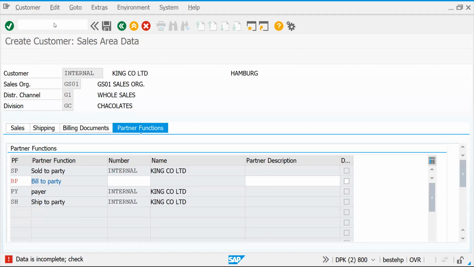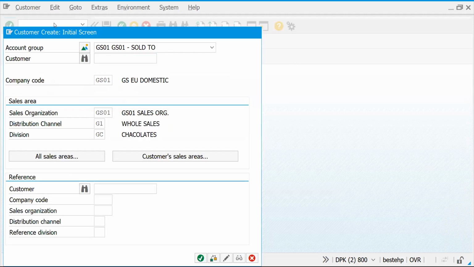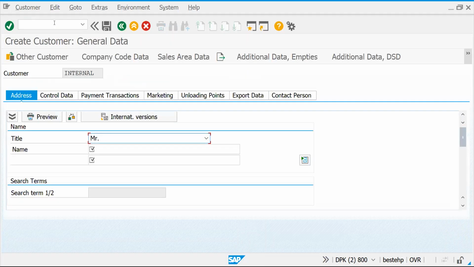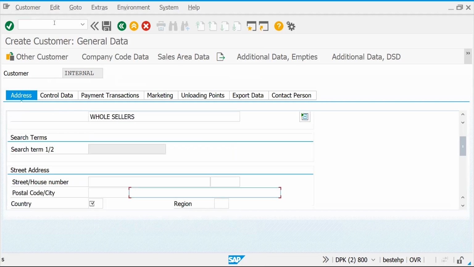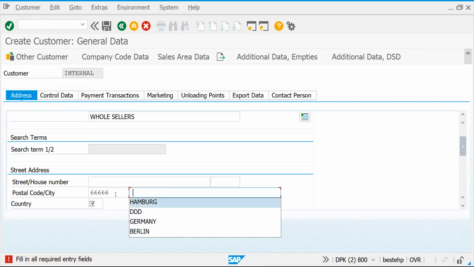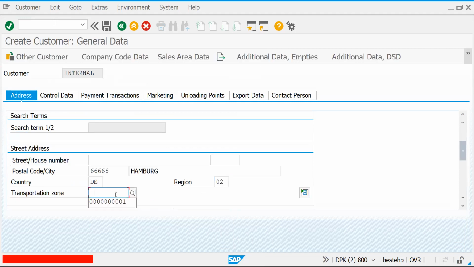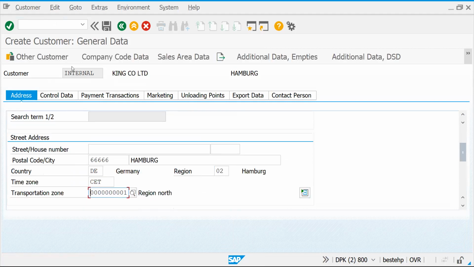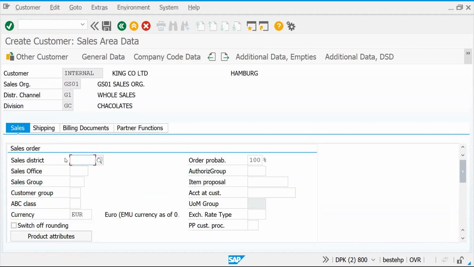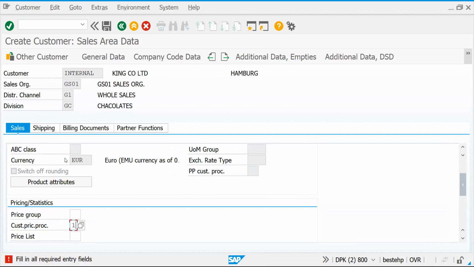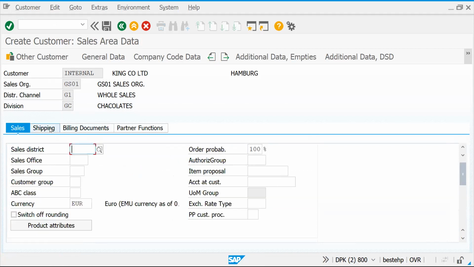Now we try to create the customer master central data. So let's put the postal code, Hamburg, DE, region is 02, enter, and you have filled this. Now go to the sales area data, press enter. I'm filling the mandatory fields.